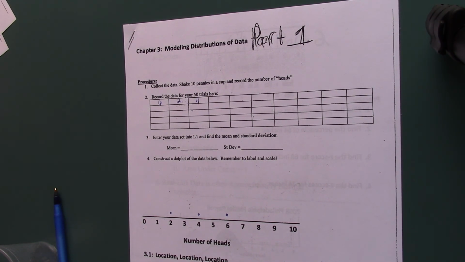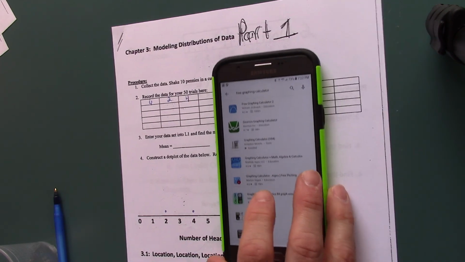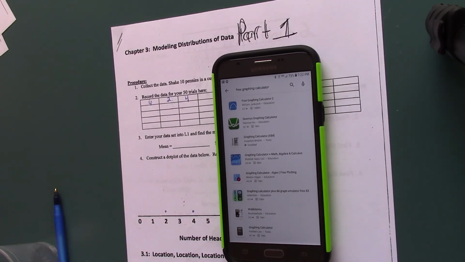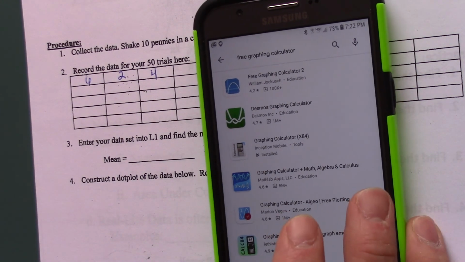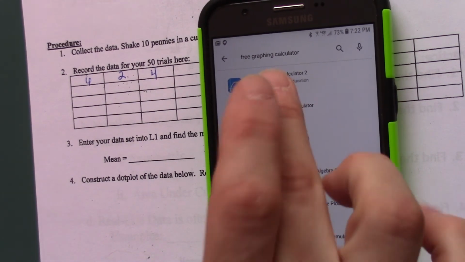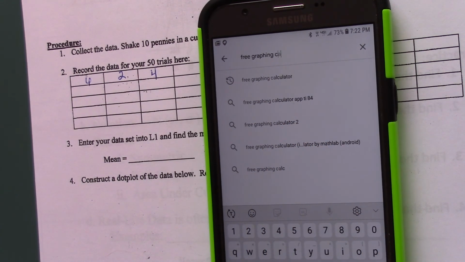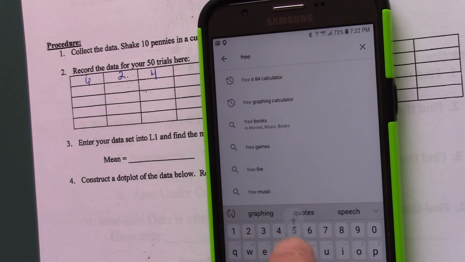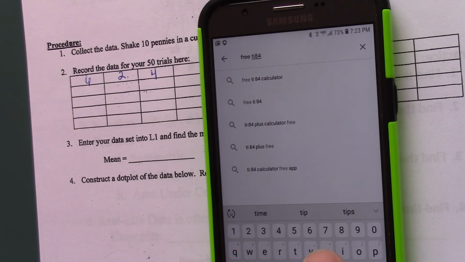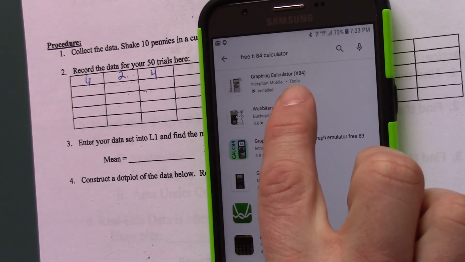With that being said, after you're done, to find the mean and standard deviation, we're in a new world. You guys are going to have to do this eventually. This is my phone. Okay, let's zoom it in just a little bit here. I typed in free graphing calculator, and I didn't like that. So I typed in free TI-84 calculator, and this first one that came up is the one that